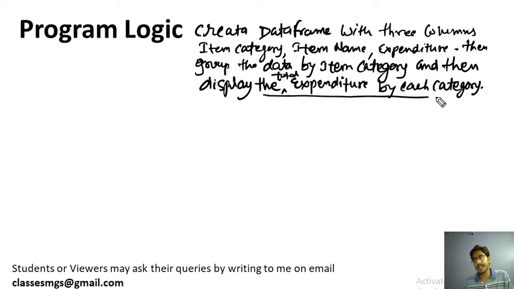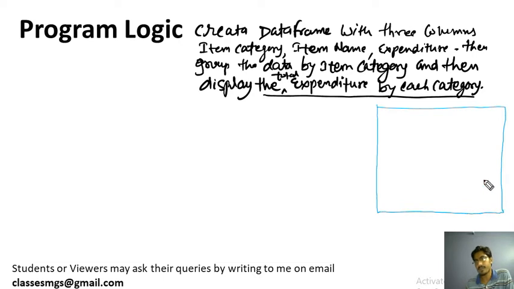The meaning of this line is that if we have 3 items in a category, then we will have 3 different items and 3 different expenditures. What we want is the category name, and in front of it we want the total expenditure on the items. So first of all, I will create a sample data frame here so that you can understand. I am creating the data frame here on the left side, static with some dummy data. You may have different data also, but for explanation I am using this data.